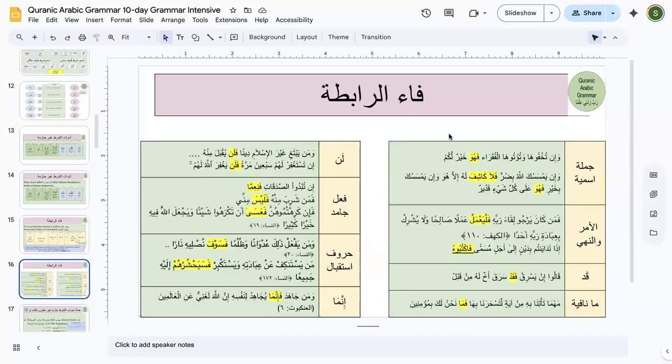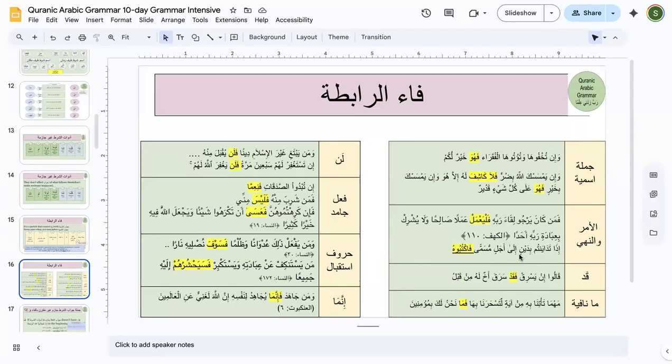And then in the same ayah, wa in yamsaska bi khairin, if Allah touches you with good, if Allah brings good, fahuwa ala kulli shayin qadir, then He is upon everything fully able. This huwa starting a jumla ismiya, you need fa'u rabita. فَمَنْ كَانَ يَرْجُو لِقَاءَ رَبِّهِ, so whoever wishes for the meeting of his Rabb, فَلْيَعْمَلْ عَمَلًا صَالِحًا, then he should do righteous deeds. What is there which is requiring the presence of fa'u rabita? Lamul amr is there. Very good job.